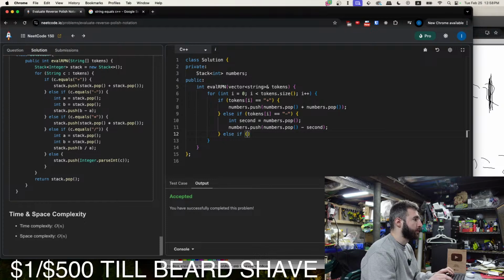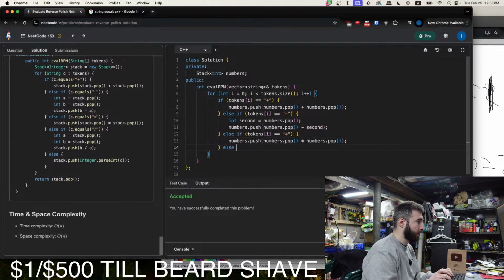Else, if tokens I is equal to multiplication. All right, with multiplication, it doesn't matter, so we could just push numbers dot pop times numbers dot pop. But for division, it does matter.